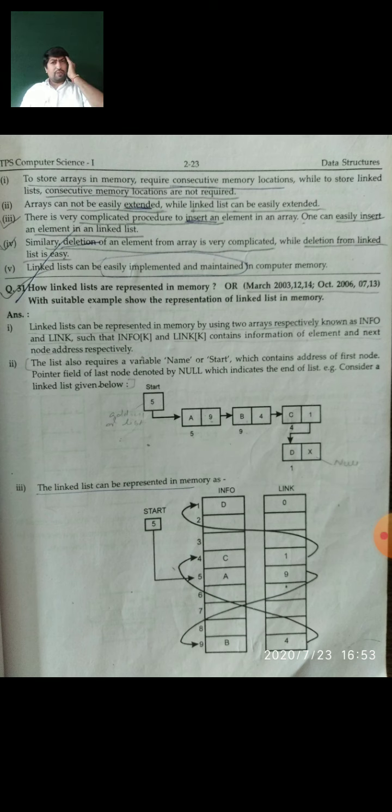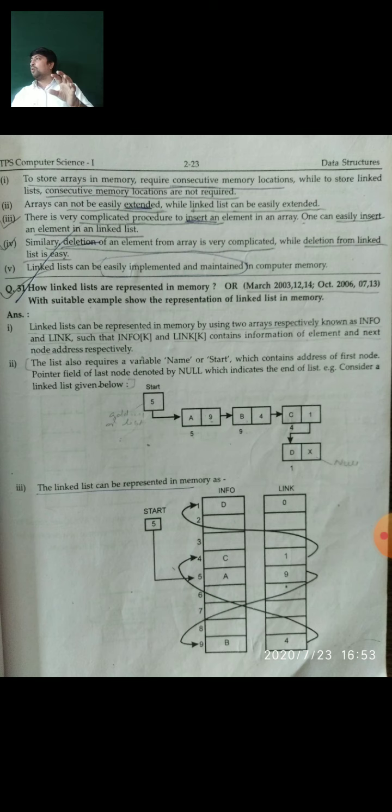This is a very short question, but in the exam, any other question can also be asked with it. For example, what is a linked list, and write down the advantages of linked list over the linear array. So this question will be divided with different marking. The definition will give you 1 mark.